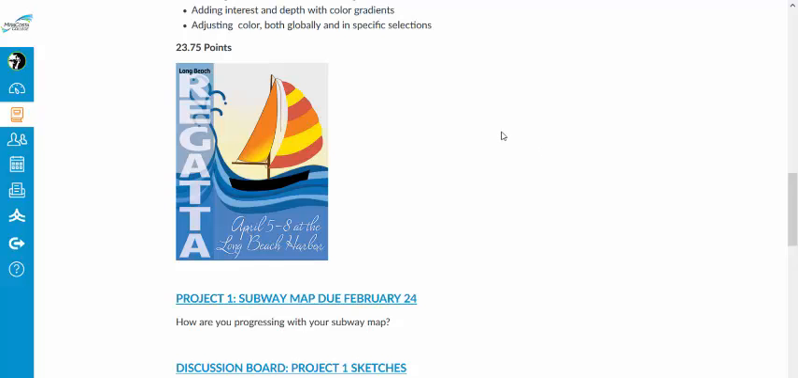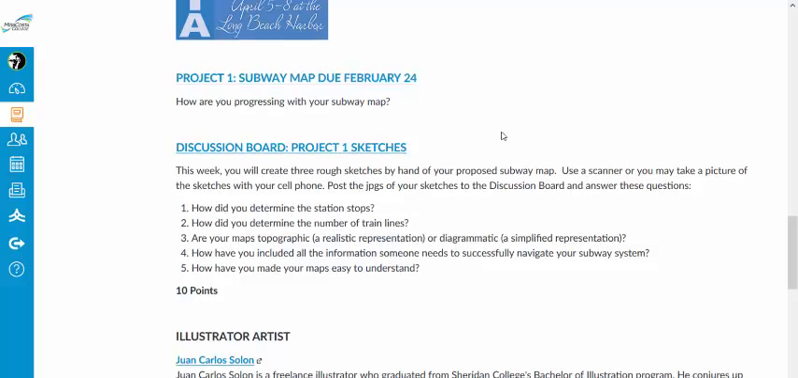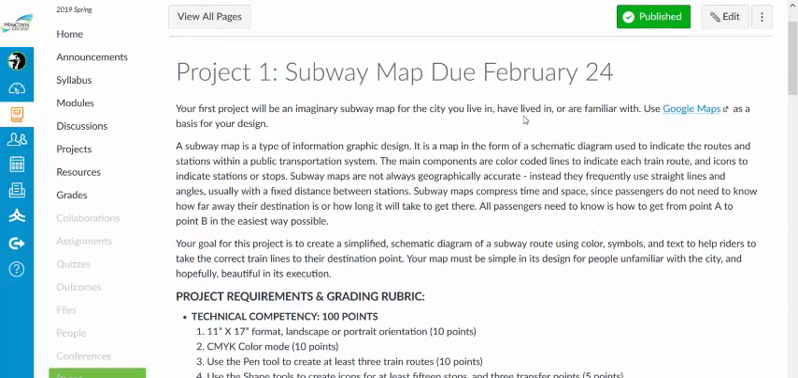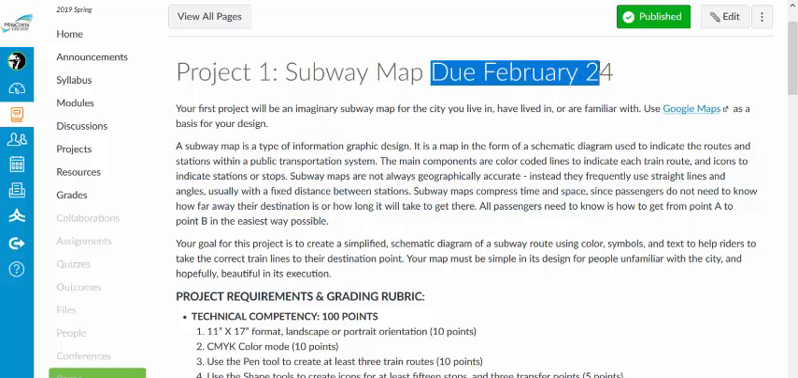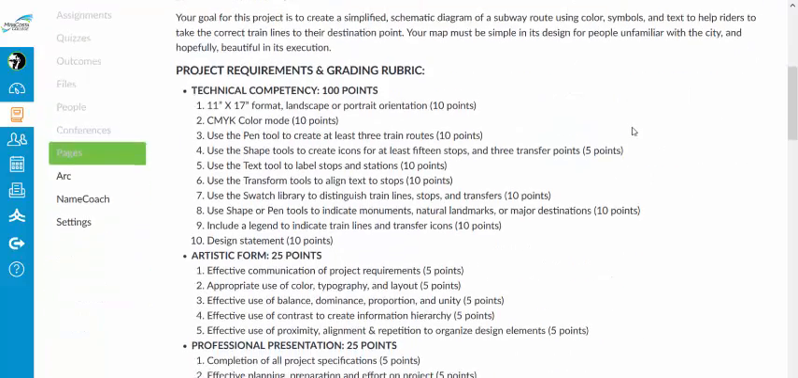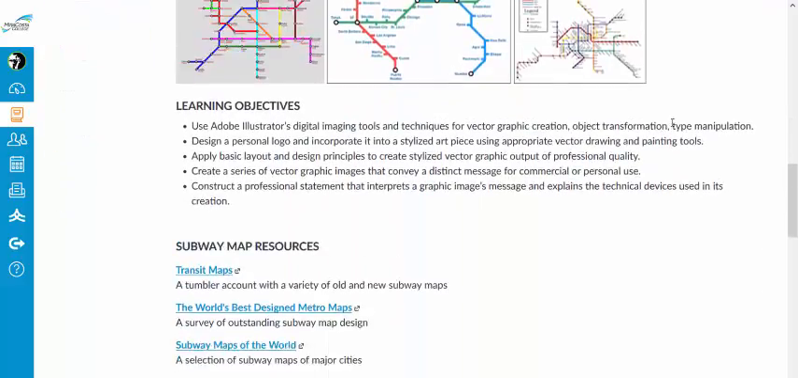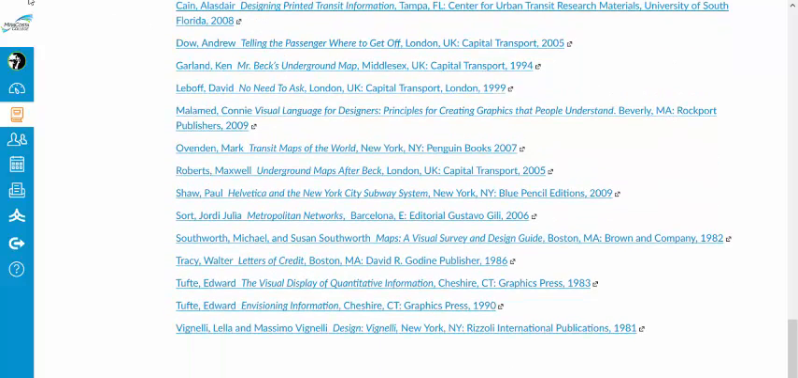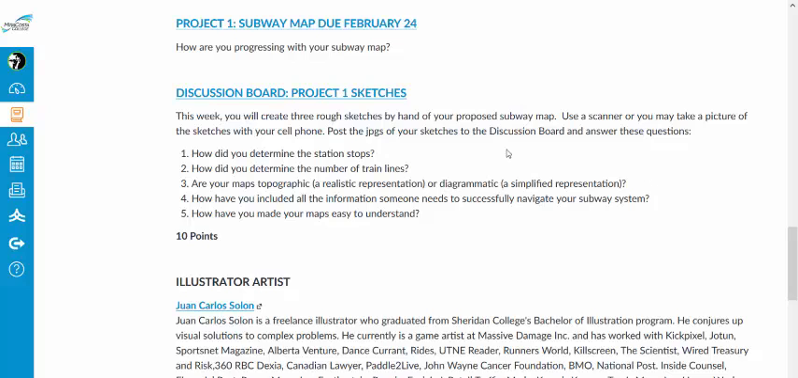I see a lot of you started your research for your first project, the subway map. I've included the link again to the project to keep you in mind of the requirements and such. It's not due until February 24th, so you have a few more weeks to work on it. I hope you take some time to look at some of these resources, which will really help you understand what